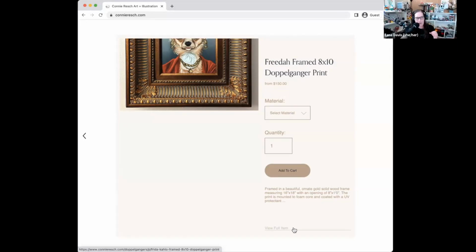This text is way too light. It's not accessible. If I'm on my phone outside in the sun, there is no way that I would be able to see that text on my phone. Second of all, as I mentioned before, the quick view looks like a full product page, especially with this one, that it takes up the entire viewport. I had no idea that this was not a product page.